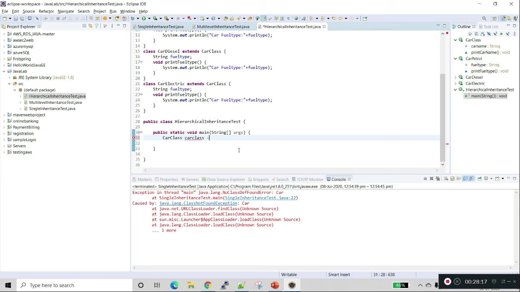New car class, car dot car name equal to.